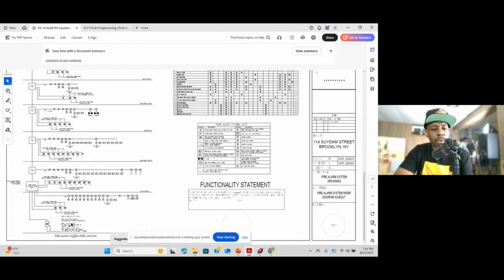I'm just going to go through this cellar level and add a couple of devices: smokes, some ducts, some input modules, stuff like that, some horns and strobes. We're going to go through the entire process. I'm going to write all the rules and add the devices, go through the whole thing. All right, some basics in general. So let's go do that.